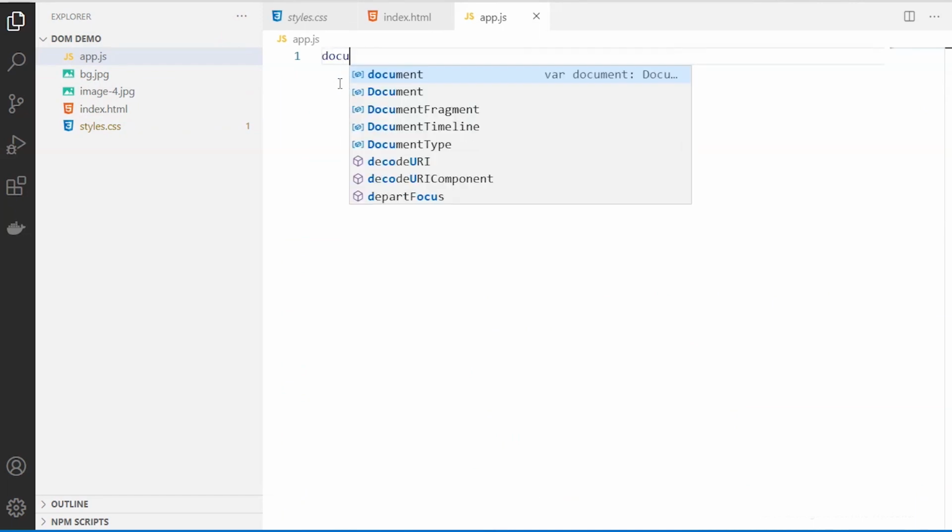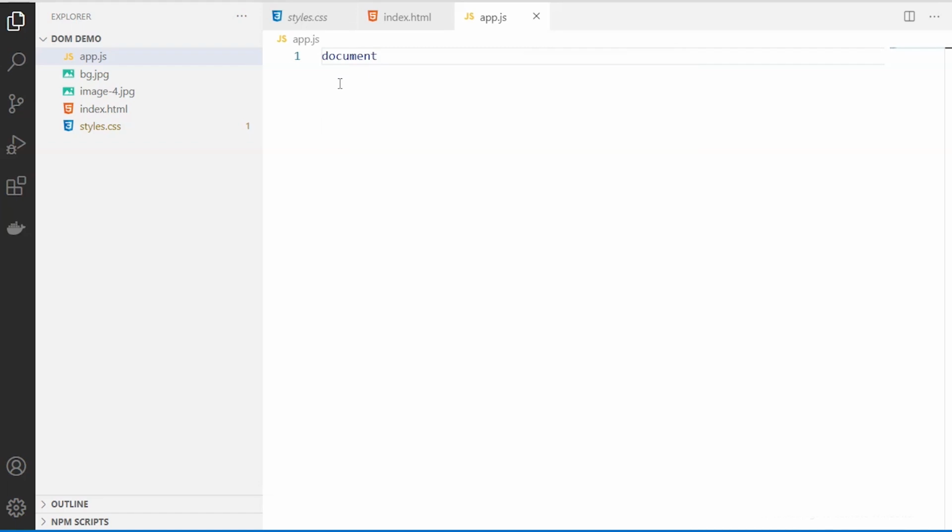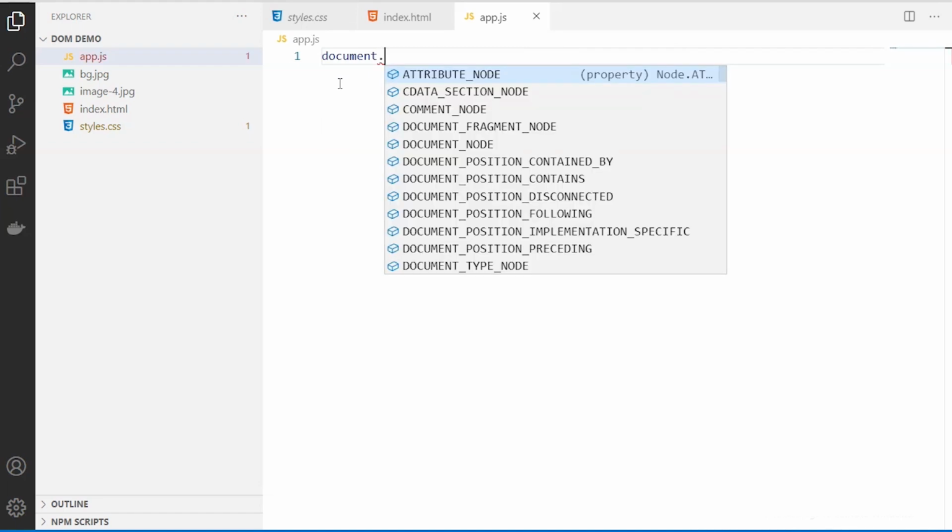So let's start with this document element, and we will have to do the coding for one of the events. So we'll be writing those functionalities. We are going to create the event and attach your functionality for that particular event. There are different ways by which you can do it. An event listener is one of the ways.